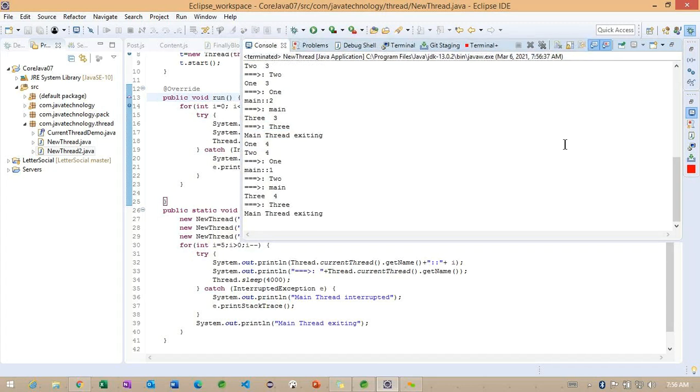So this is the way we can work with multiple threads here. Now I want to check one more example: whether these particular threads are still available, or whether the threads are terminated or not. So how can we check that? I already explained the is alive method. Using the is alive method, we can check whether the particular thread is available or not.